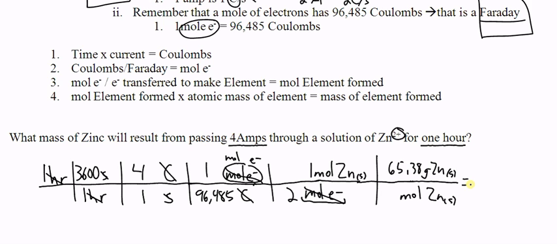So multiply across the top and divide by what's multiplied across the bottom. Just to remind you, it sometimes can be helpful to think about the bottom being in parentheses, and you may have noticed that the number that should be there for moles of zinc is obviously 1, because we're talking about molar mass. So across the top I've got 1 times 3,600 times 4 times 1 times 1 times 65.38. And so on the top I've got 941,472. And for my bottom, I've got 1 times 96,485 times 2 times 1, so 192,970, which equals